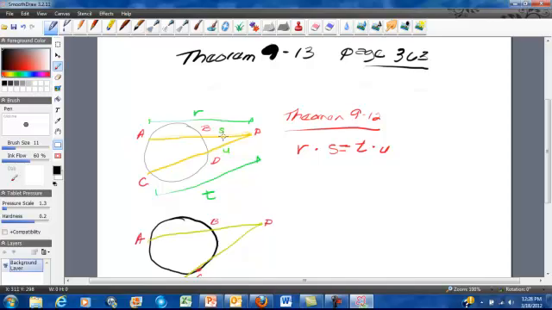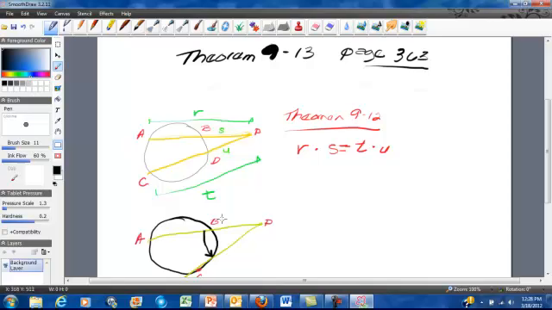times the external segment, S, is equal to any other secant here, any other one, which is kind of cool. You take that length, T, times its external segment, and those two things are equal. So look what happens here, which is pretty interesting. If we keep migrating